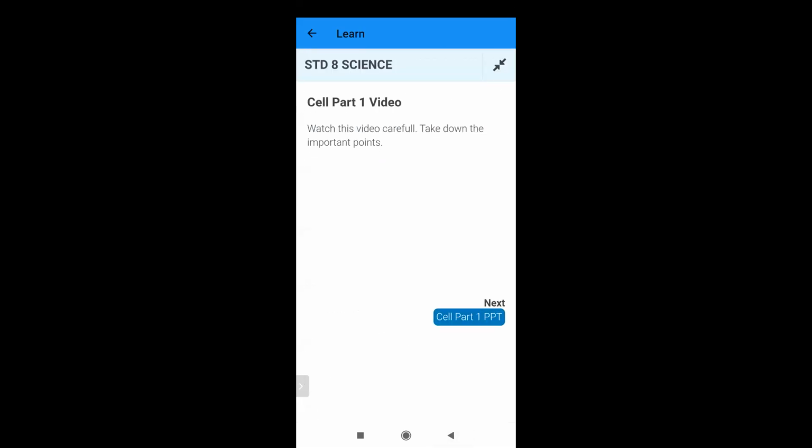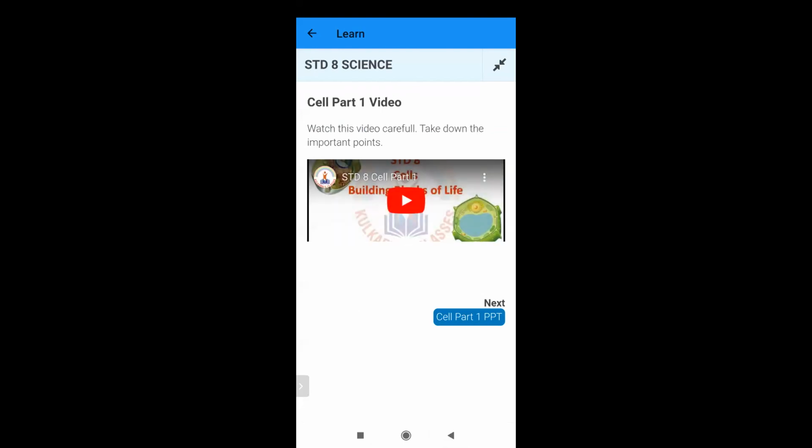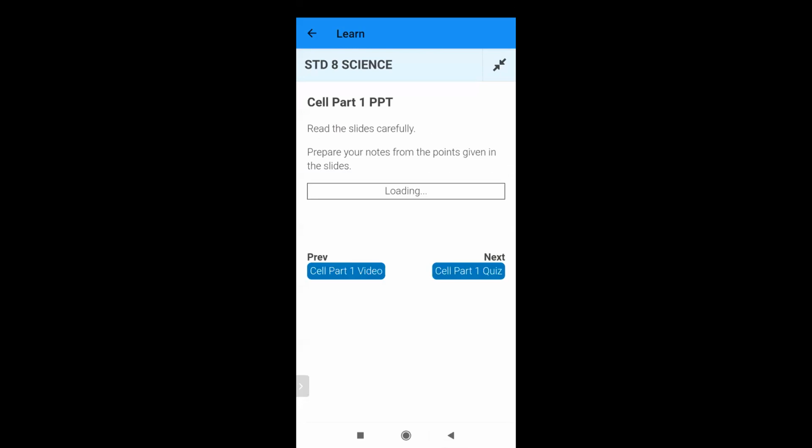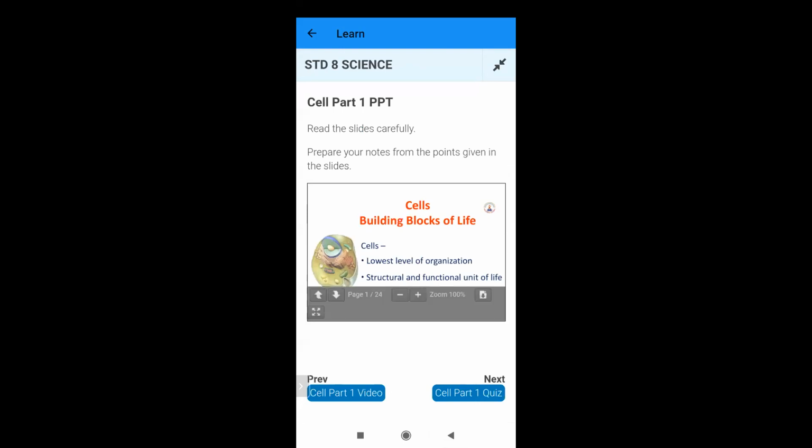Yeah, no, it's taking time. They can see the lesson, they can see the videos, they can see the PPTs, they can go through the content. And like I said, in case they want to refer back to any old content, it's very easy for them. And as a teacher, you know from the grade book whether they have gone through the content or not. And they can easily solve quizzes.